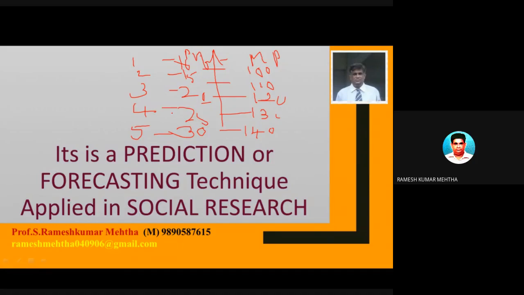Now in the sixth year, that is in the year 2020, we have witnessed that the profit of the company is 10 crores. Then, as I have told, regression is a prediction technique or forecasting technique, with which you can foresee what will happen to the market price. So by